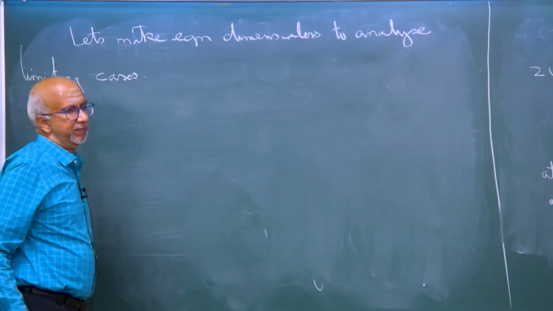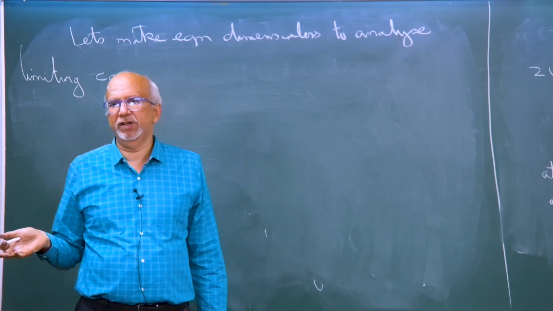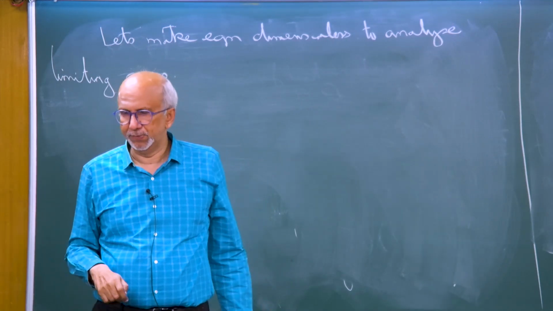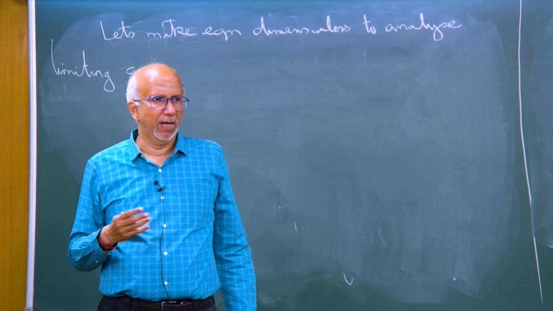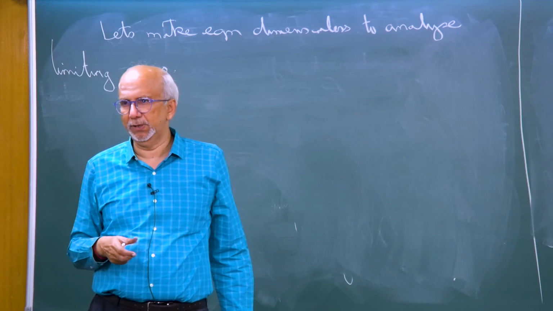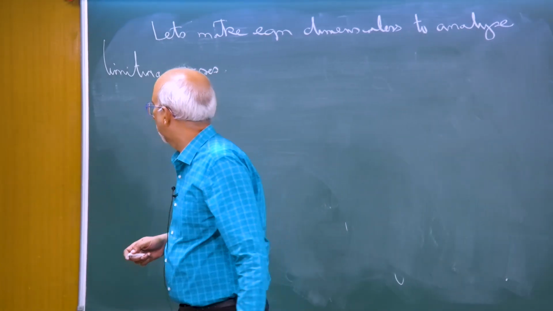So, limiting cases means very fast convection, very slow convection, that kind of stuff, very fast diffusion. Then I may be able to simplify things and get better insights. That is what I mean by limiting cases. So, now